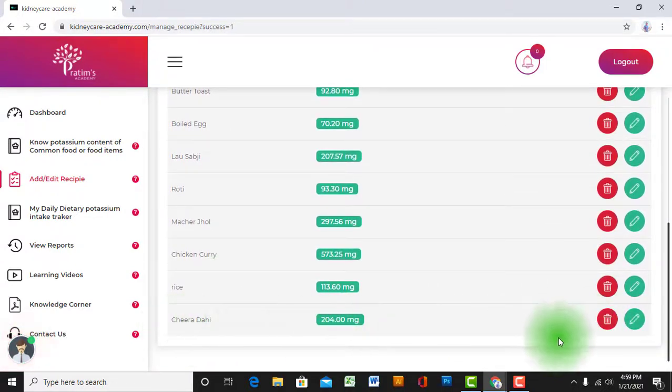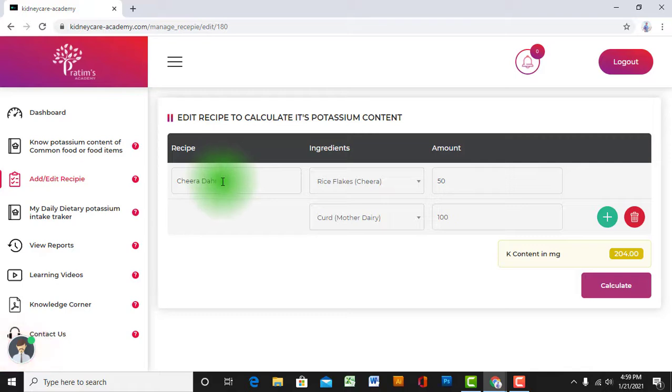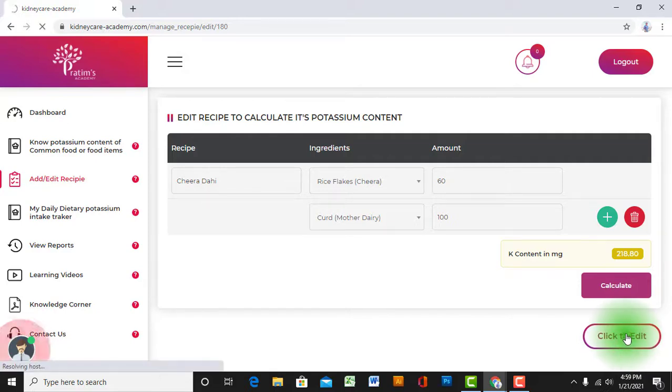Here you can edit or delete any recipe you want to. Like here, if I want to edit this dahi chira recipe, suppose I want to change the amount, then I can edit here. Again I have to calculate this and don't forget to save it.